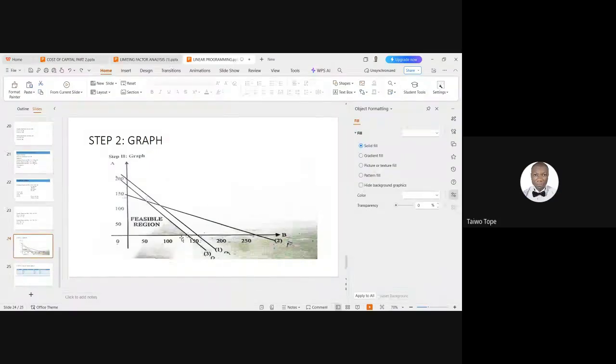So you should have 180 at this point here. So when you connect the two lines, they should meet. 144 to 180. These two lines should connect. So when they connect, you now locate on the graph